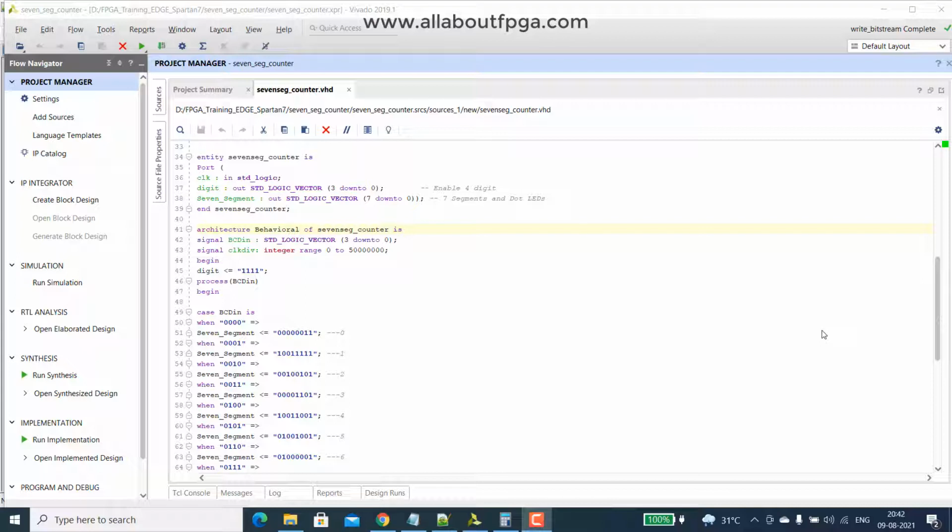Whatever data you send has to be sent within the time limit of 1 millisecond to 16 milliseconds, so that you don't see any flickering on the 7 segment displays, because all the segments are shared by all 4 digits. So you have to use this refresh rate technique.